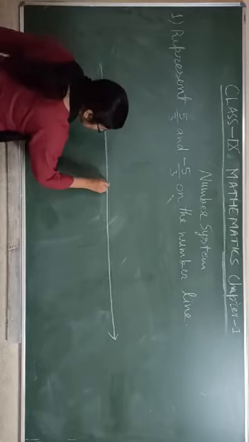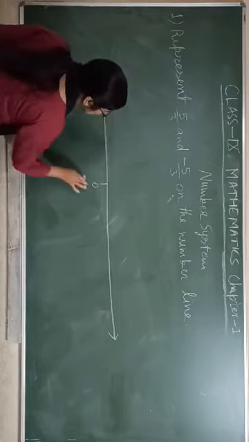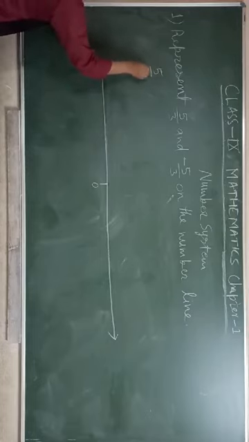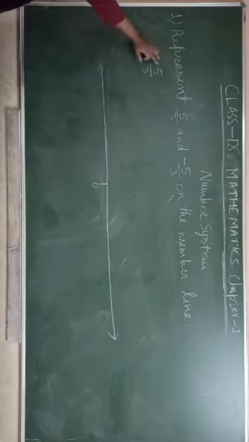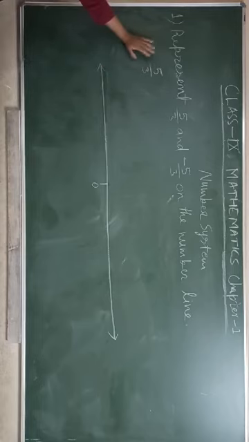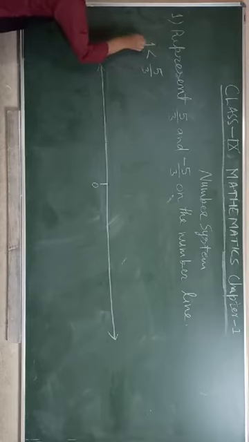This is our number line. In the middle here is 0. Okay. So look, the first one is 5 upon 3. If you check in terms of fraction, this is an improper fraction, and you know that an improper fraction is greater than 1. So it will be greater than 1. Okay. So how will we check up to where it will lie?